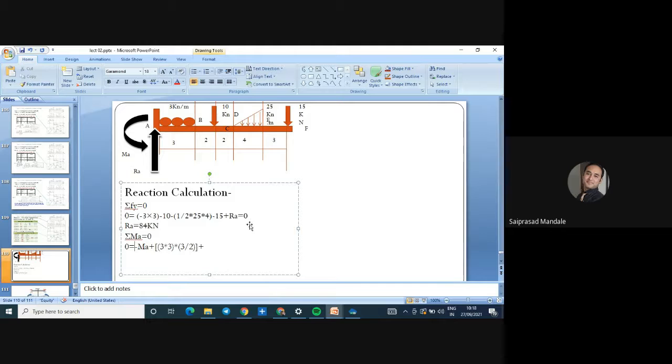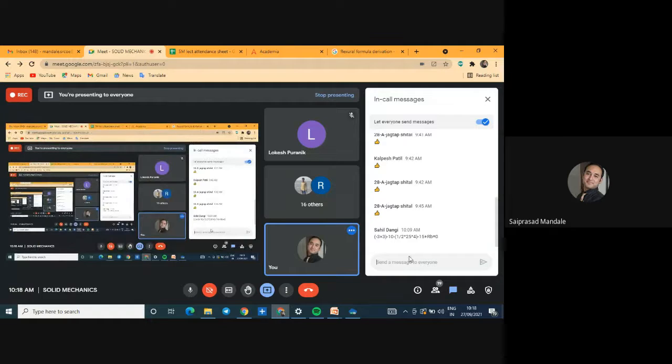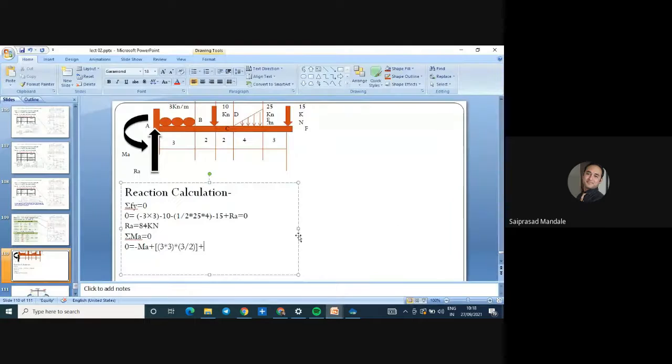Can anybody? Divya, Hiren? Anyone? Please fast. Lokesh, can you? This is the last numerical from unit number 2. Tomorrow I am going to start unit number 3. Minus MB. Minus MB, minus B. No, minus B. These are the only points. Now, why have I taken minus MA? Because this is the moment acting on that. Anyone?